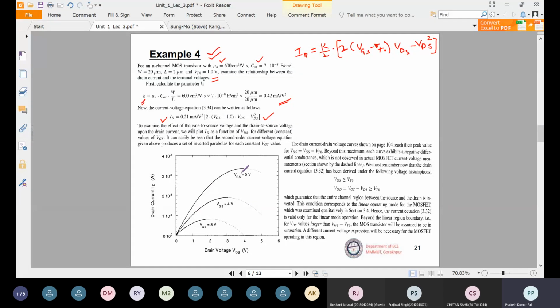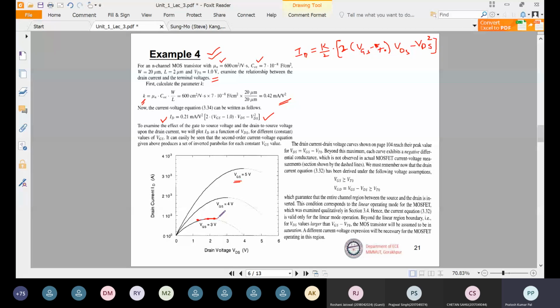Okay. Similarly, the current will be this. So some points we can depict from there: if VGS is 5 volt, the current value is changing very rapidly compared with VGS equal to 3. If VGS is 3, even if we are changing the drain voltage from 0 to 6 volt, the drain current is changing. The maximum value of drain current is this one.